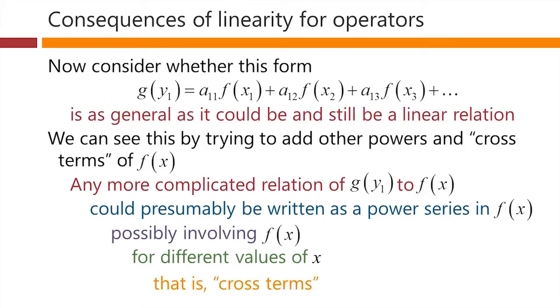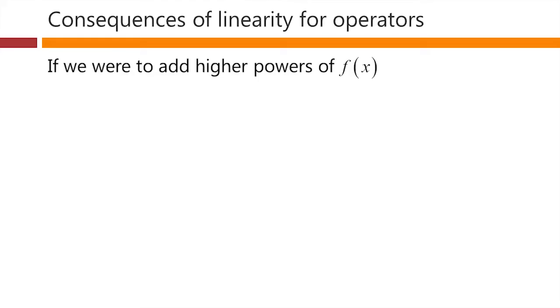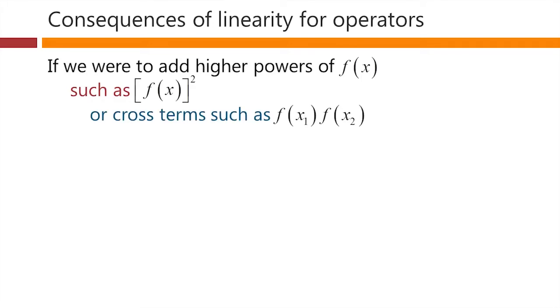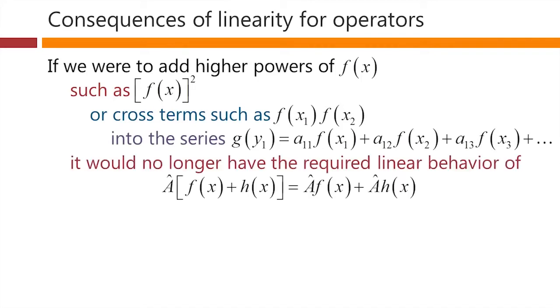That is, cross terms. Somewhere in this power series, we might have f of x1 times f of x2, for example. That would be the most general relation we could imagine between g of y1 and all of the possible values of f of x, all of these power series, including all these cross terms. If we were to add higher powers of f of x, such as f of x squared, or cross terms such as f of x1 times f of x2, into this series, it would no longer have the required linear